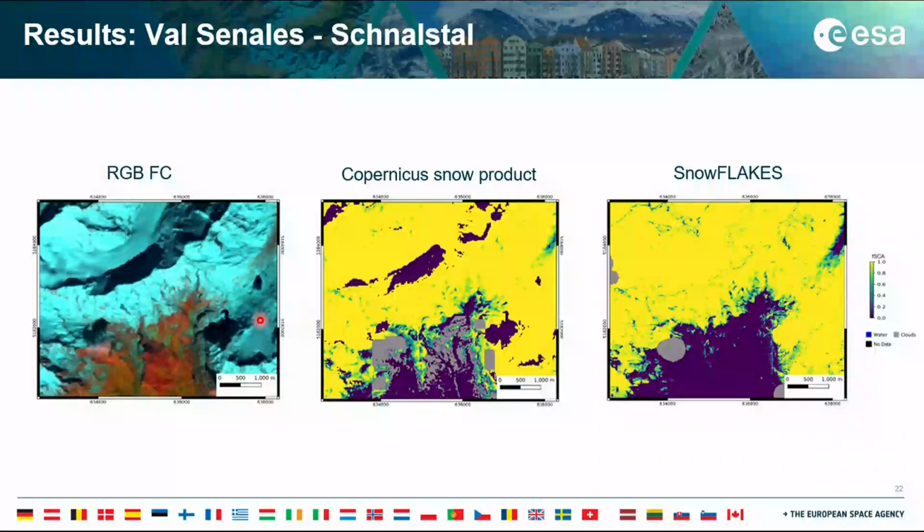Here is another example in the same valley. You can maybe distinguish here the Hintereisferner, a big glacier that is present in the Rofental, the valley that is close to Valsenales. The first thing you can notice is that in the Copernicus product, where you find a big shadow like this one, even though we have very high snow presence, and most probably you cannot see it very well, it says snow free. Our algorithm is instead able to show and correct this. Very interestingly, it also gives a little bit of sensitivity to the ridges of the mountain,